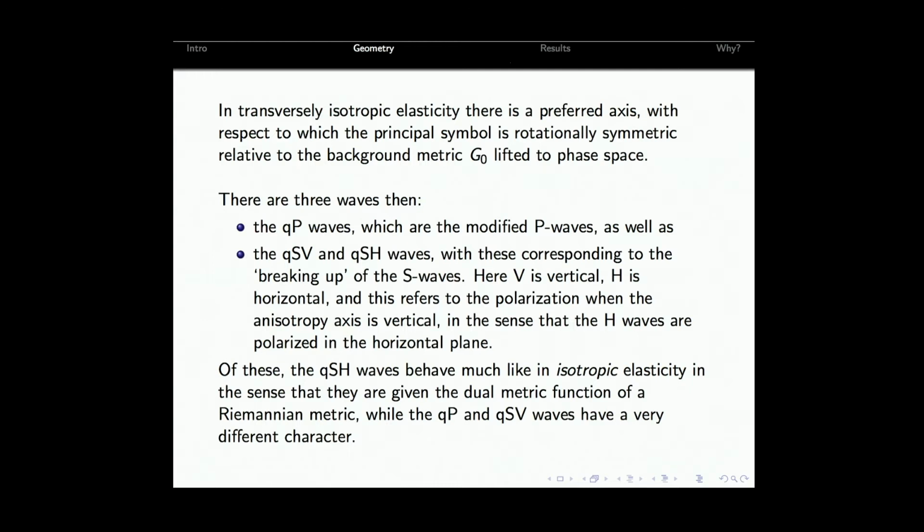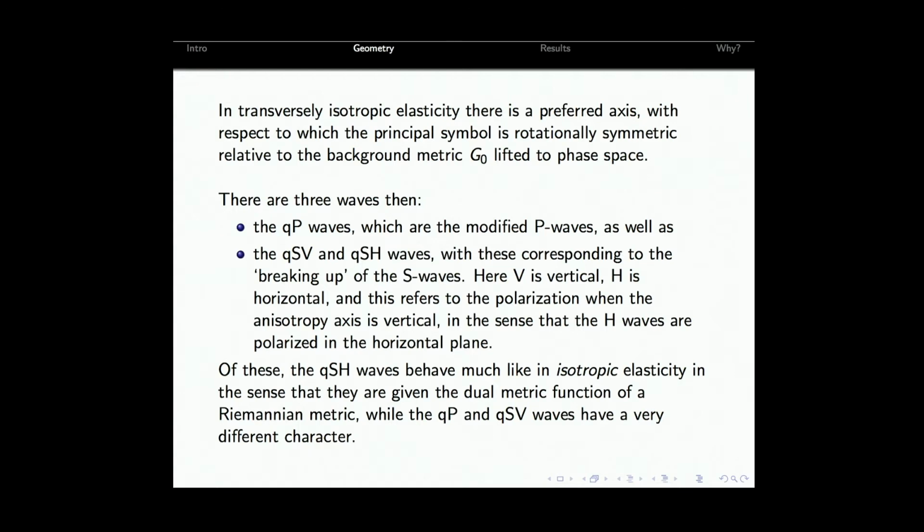And these QSH waves are the ones that very much behave like isotropic elasticity, in the sense that they are given by a metric function of a Riemannian metric. So they're going to be given by a quadratic polynomial. I'm going to have a formula for this in just a moment,